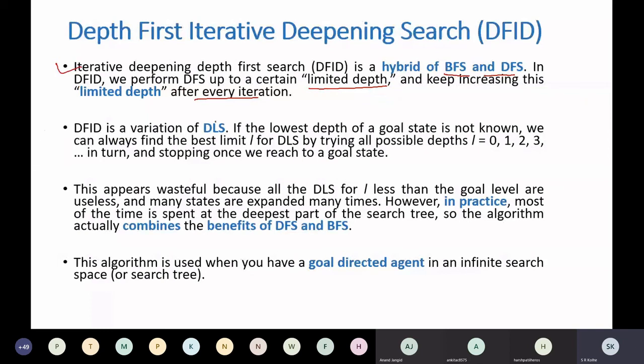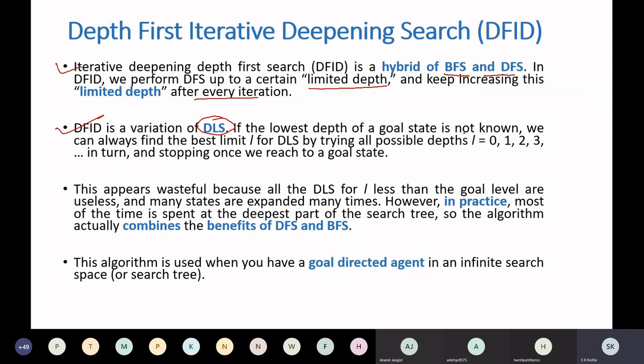So it's a variation of depth limited search. We are not going to discuss depth limited search, but it has disadvantages. If the solution is not present up to the depth with which you have limited the search, then it may not give you the solution. So this is the better version of that algorithm, that is DFID. That's why we are discussing the DFID algorithm directly.